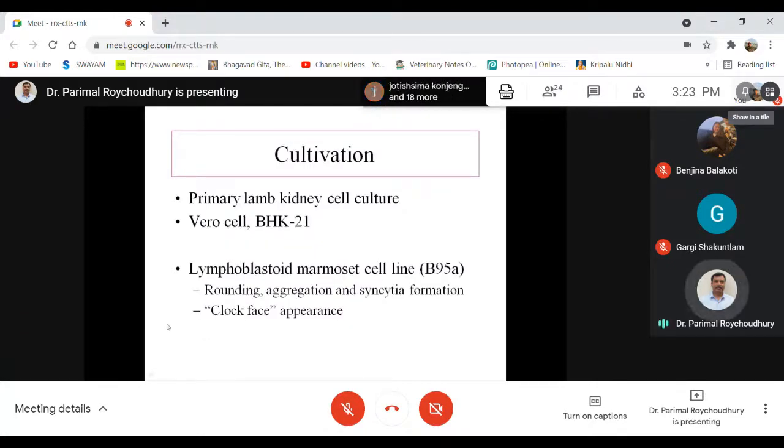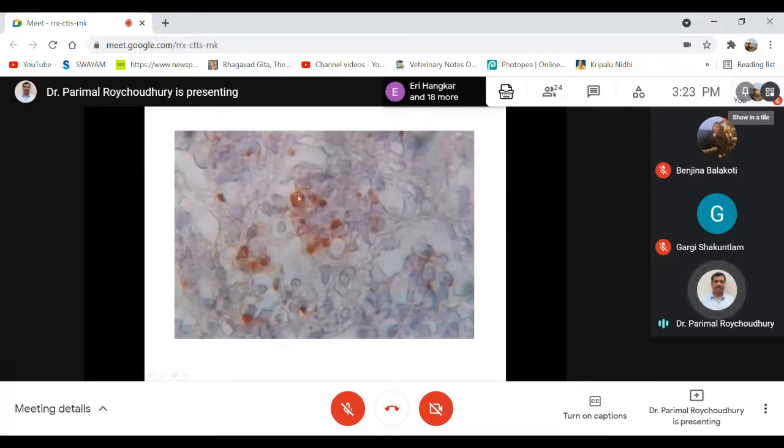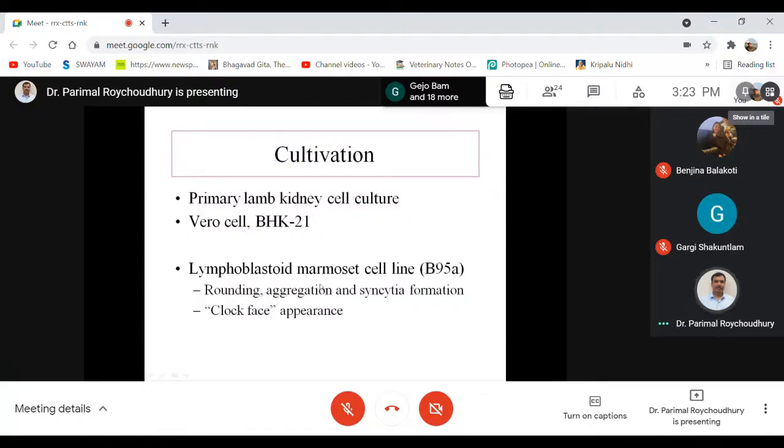So the virus can be grown in BHK and Vero cells, producing syncytia and total destruction of the cell. However, in a specific cell line like the lymphoblastoid marmoset cell line, they produce a clock face appearance. This is where the virus causes aggregation of the cells that looks like a clock face, and this is a specific cell line used for growing this PPR virus. However, we can very well grow it in Vero as well as the BHK21 cell line, baby hamster kidney 21,